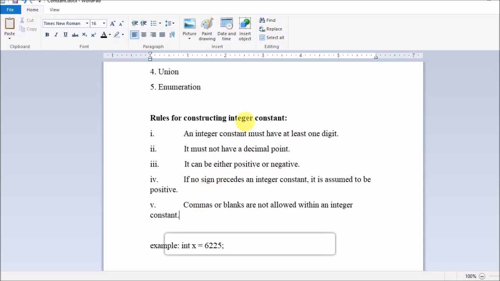So guys, one more thing: this integer comes in different precisions. So what is precision? So guys, precision is like,